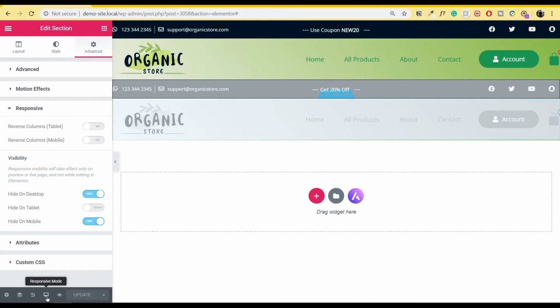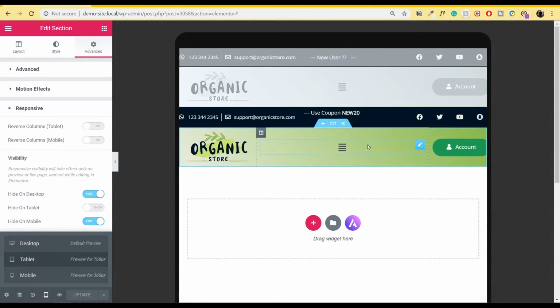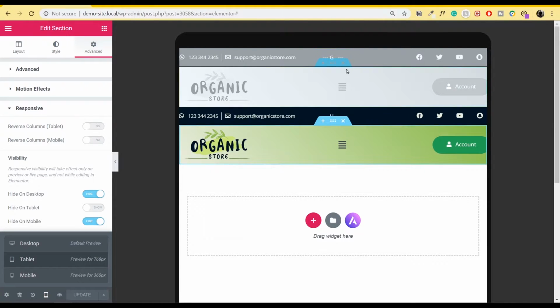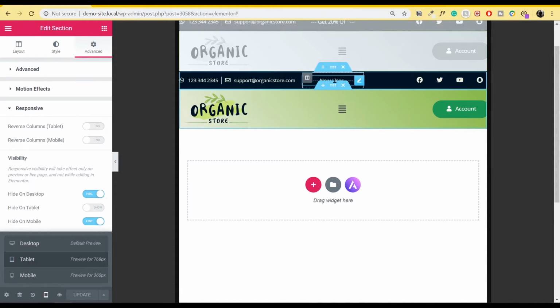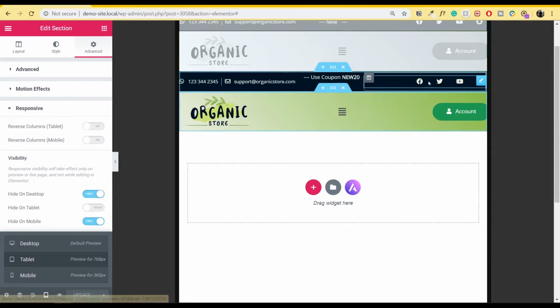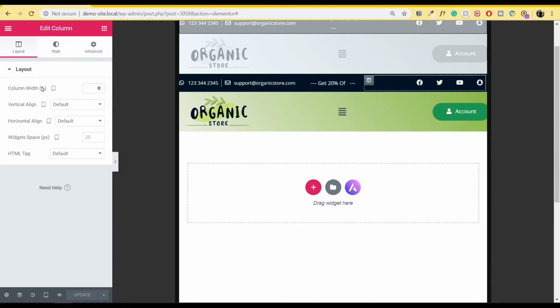Now let's change the settings for the tab view. So to access the tab view again, I'll go to responsive mode, click on tab view, and let's not worry about the one with the grayed out menu, because this is not going to be visible anyways. So in this case, let's assume that we want all the three options to remain. So what we can do is simply increase this central column size, because these icons are going to be using a lot less space. So what we can do to reduce the column size is simply go to where it says edit column. I'll just click on it. I'll get the column width option.